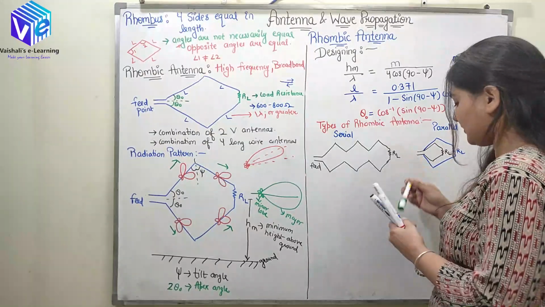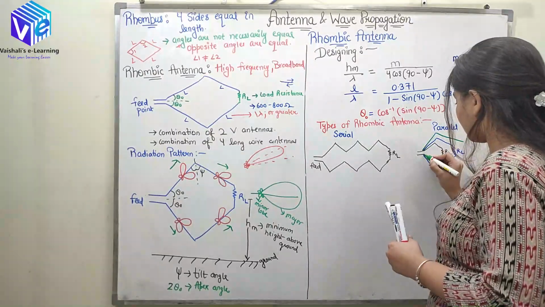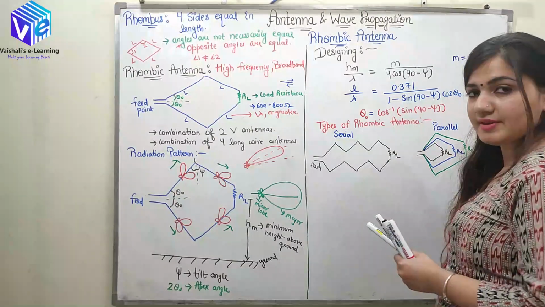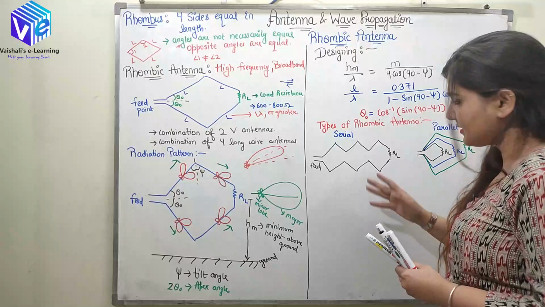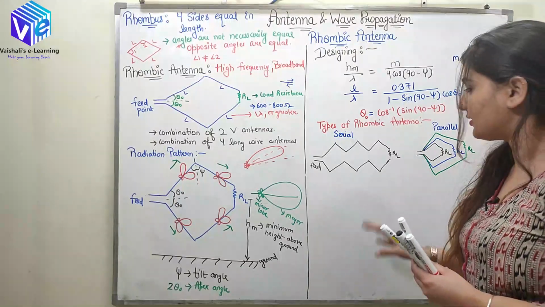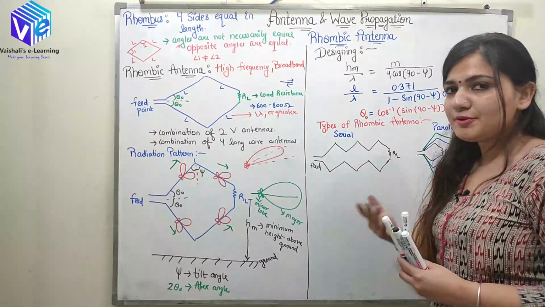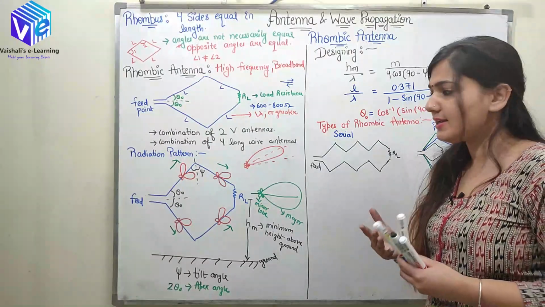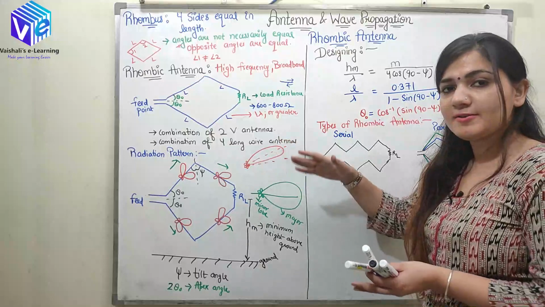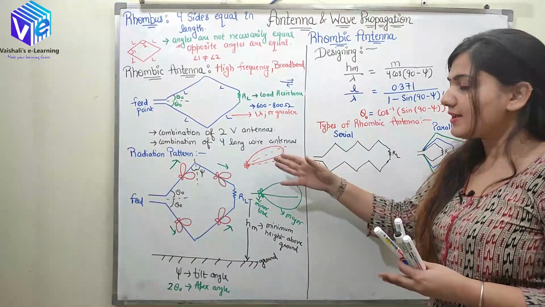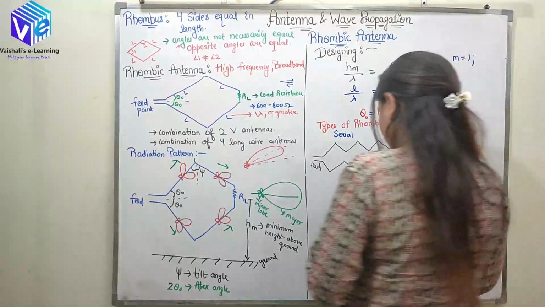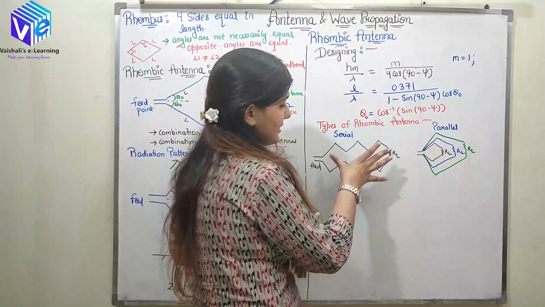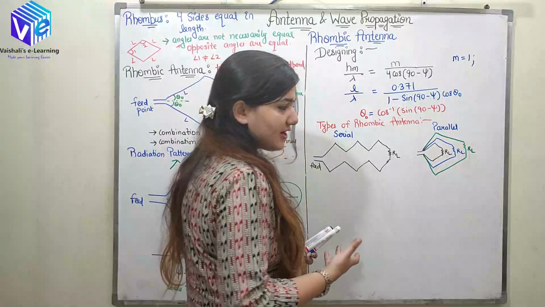Similarly, it has another rhombic antenna which is connected to another load resistance. I can even extend the number of antennas in serial as well as parallel connection. I hope you remember in my array section I told you why I use an array: to make the radiation beam narrower and more intense. This is why I am connecting the rhombic antenna in serial as well as parallel fashion,